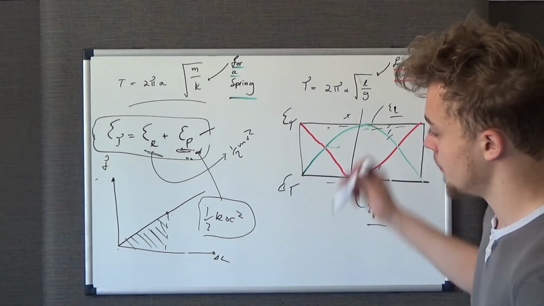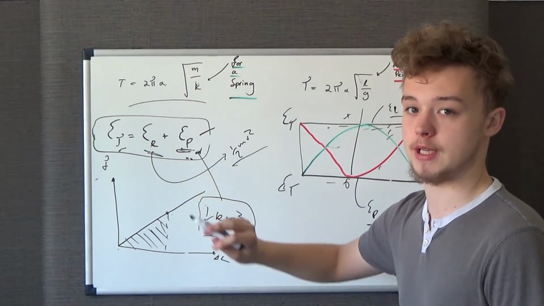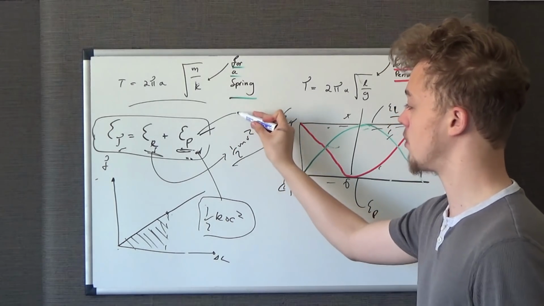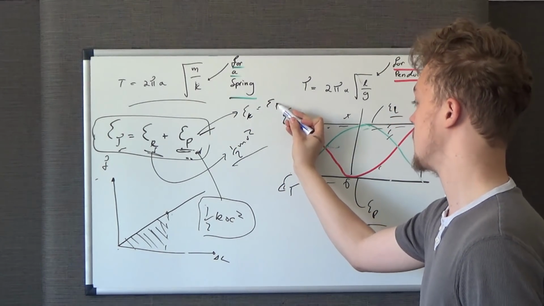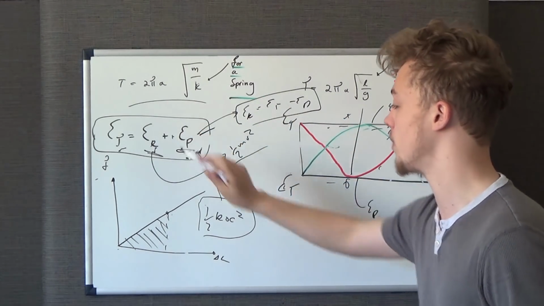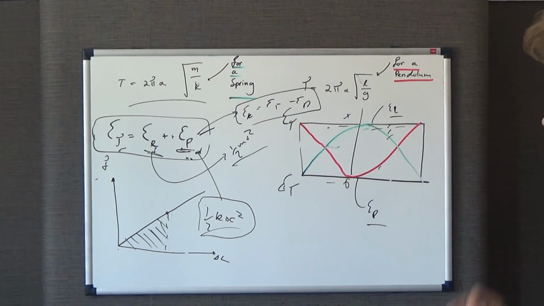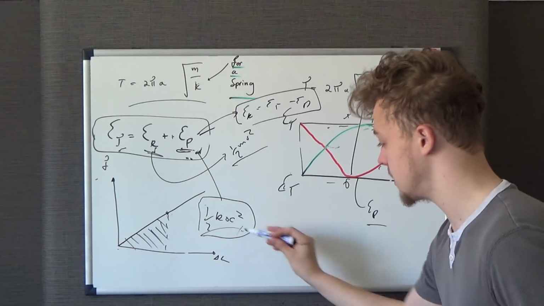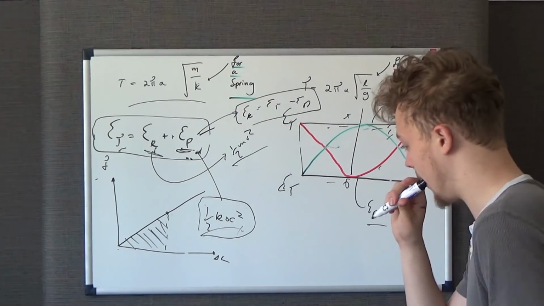So that is the kinetic energy. Now we want to put that equal to something. We know the total energy is equal to the kinetic energy plus the potential. So you could rearrange this equation to say the kinetic energy, EK, is equal to ET minus EP. It's just a simple rearrangement of that equation. And we know the potential energy is equal to that. But the total energy at any given point, in other words, when this is a maximum, will be equal to